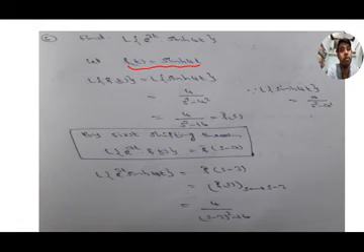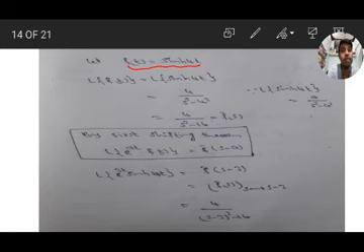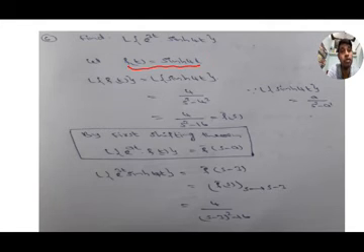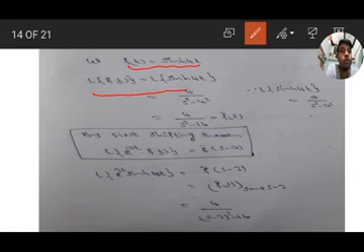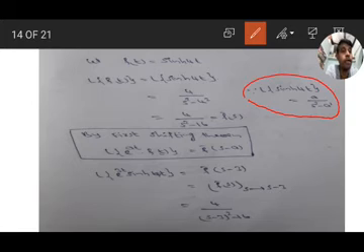Here e to the power of 3t, so we will get f bar of s minus a, where a equal to 3, so f bar of s minus 3. First we need to find the Laplace transform of sinh 4t. So L of f of t equal to L of sinh 4t. We have the formula sinh at is a by s square minus a square, where a equal to 4. So 4 by s square minus 4 square, by simplification 4 by s square minus 16. It is f bar s.